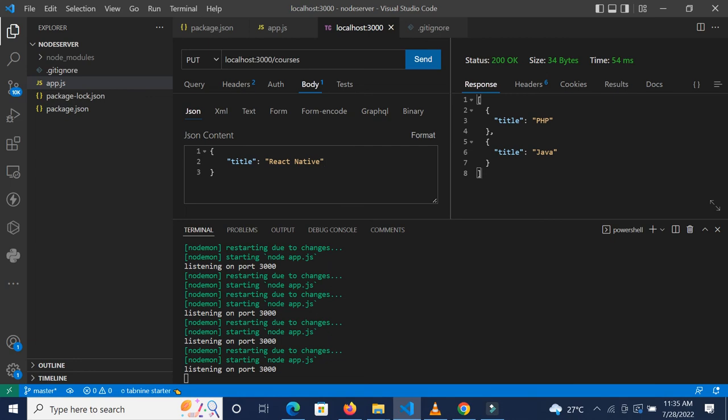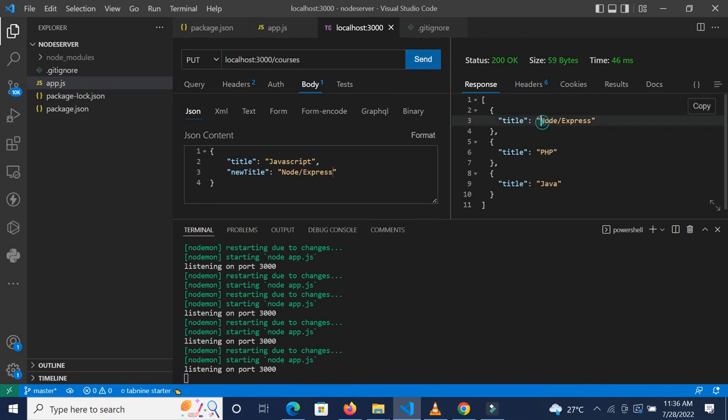We have the title, which is, for instance, let's say JavaScript, and then we'll set the new title as, for instance, Node Express. So if I make the request, we get Node Express, and then we get what? PHP,